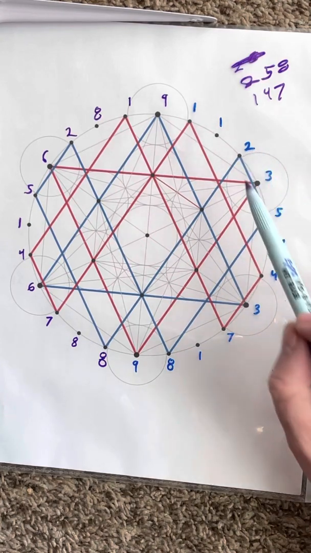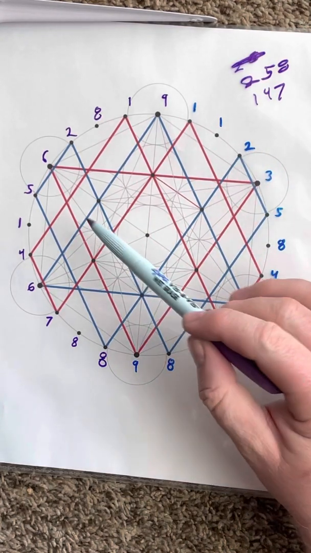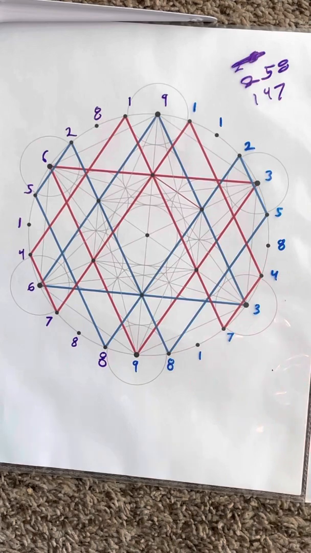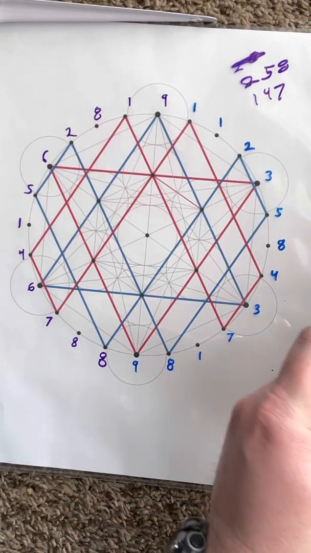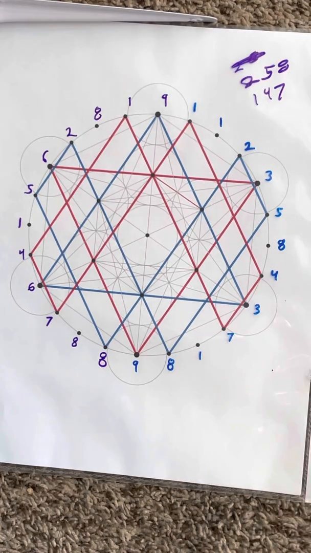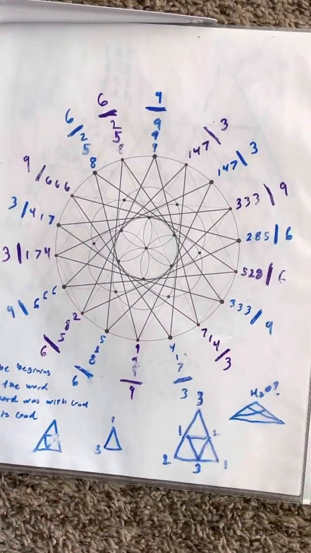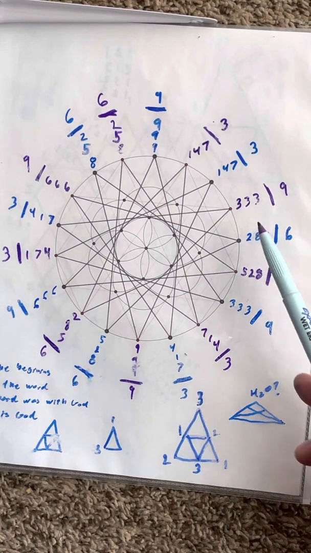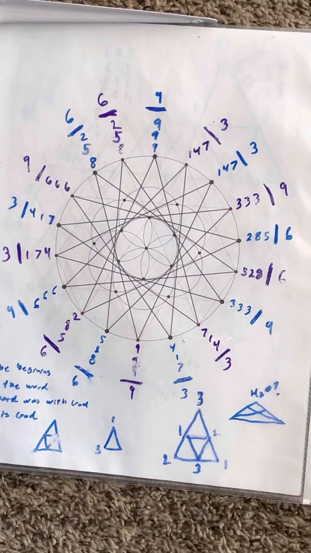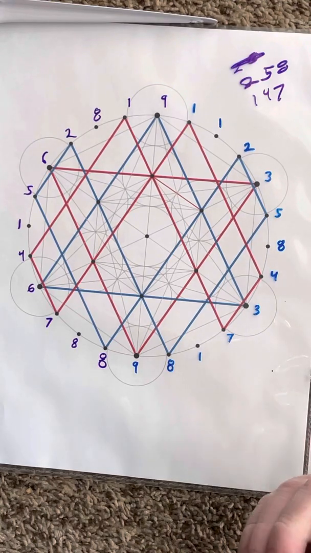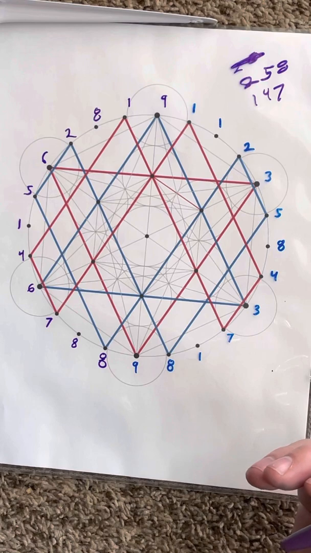But what's really interesting, instead of getting the doubling sequence out of this pattern, we get these numbers of 2, 5, and 8, and 1, 4, 7. And we saw those patterns again in this pattern right here. I'm so sorry, I wish to be more organized. Except this has a different orientation of the triangle, as you remember what I said before. So, to me, this speaks of a direct relation of